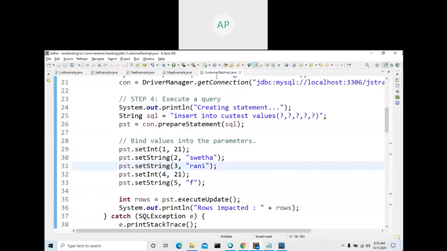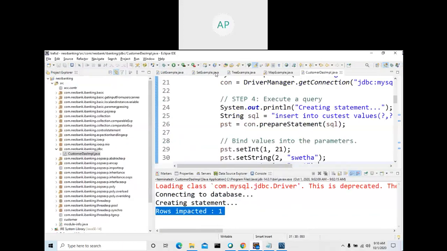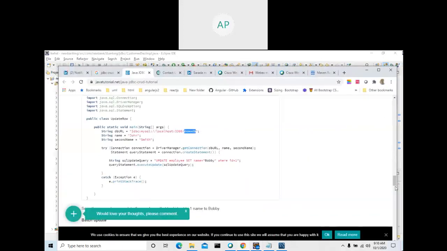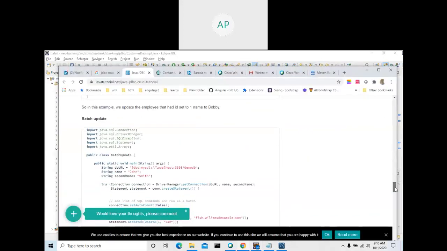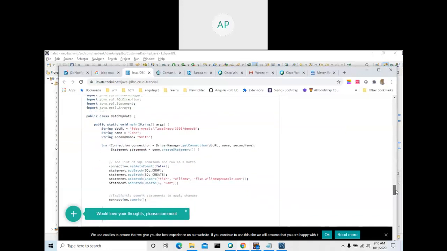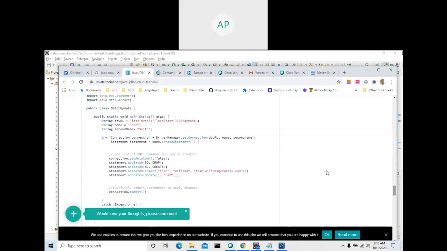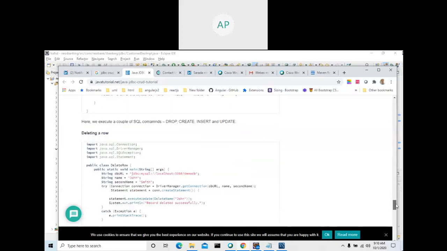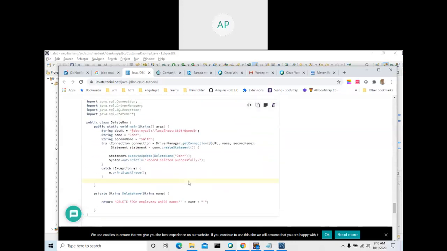This is to insert, the same way whatever I've done, and this is to update. This example is to update. If you cut and paste and change only this one, the username and password, and the database name, it will work. But you need to do one important thing: you should copy the driver name.